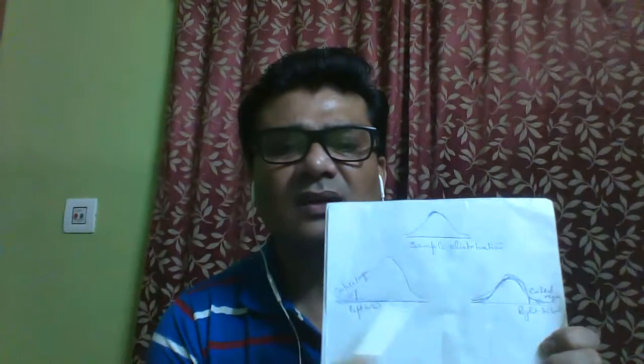See, these are the two curves, right? And I have marked one line here, and beyond this line is known as the critical region. In the same way here, beyond this line it is known as the critical region. Now suppose I am rejecting the null hypothesis and I am interested to know whether the age is more than, say, 25. That means I am interested in the positive side. As we all know, the right side is the positive side and the left side is the negative side of the curve.